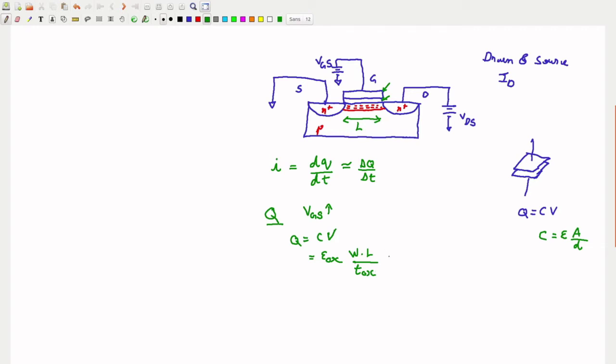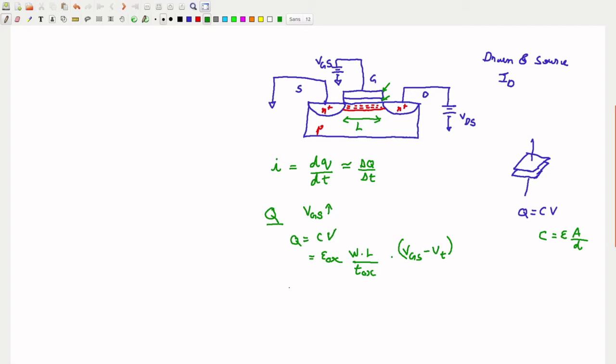This is the capacitance into the voltage applied, which is VGS minus VT, where VGS is the gate to source voltage and VT is the threshold voltage. Here we are neglecting the effect of VDS. So this is the equation for